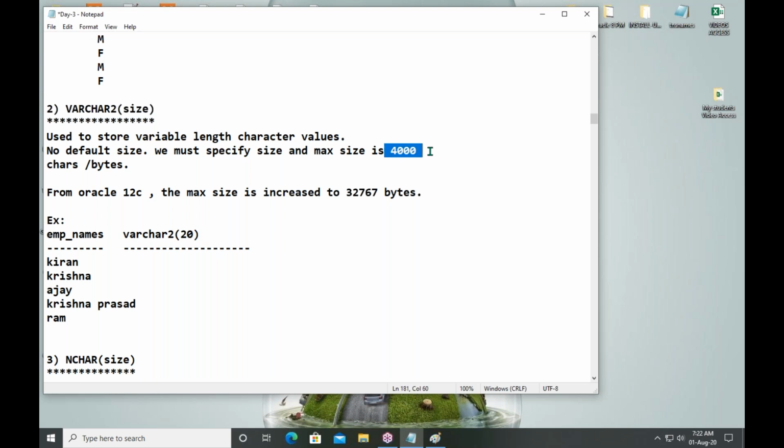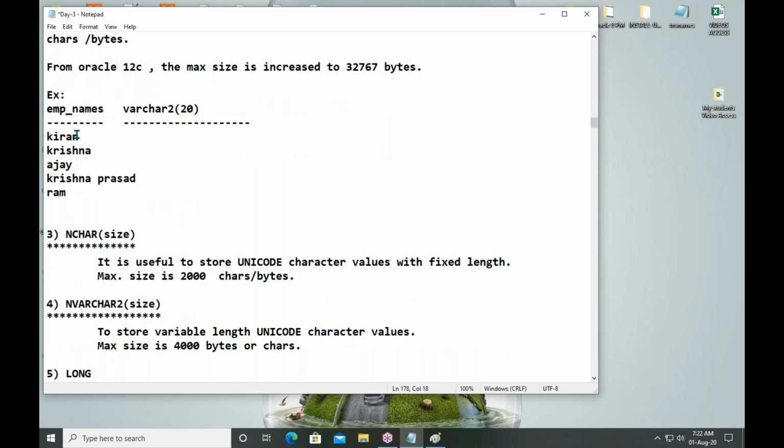Maximum size up to 11g is 4000 bytes. From Oracle 12c, the maximum size is 32,767 bytes. For what kind of columns can you use it? Names, descriptions, specifications, city names, person names, area names, country names, any name, product name.